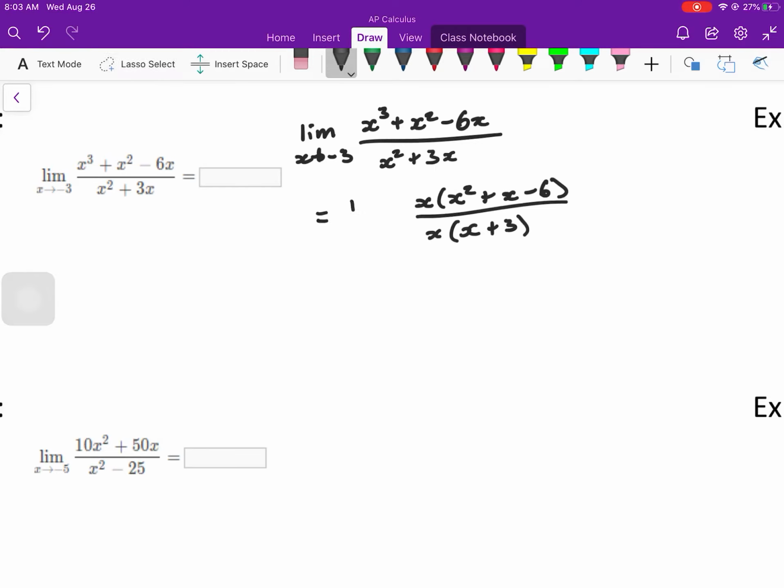So right here, what does this factor to? Well, we're going to go ahead and do that diamond method. What multiplies to -6 and adds to 1 would be 3 and -2. So those factors, we have the x on the outside, then x plus 3, x minus 2, over x times x plus 3. And now we can see the x's cancel, the x plus 3's cancel, and we're left with